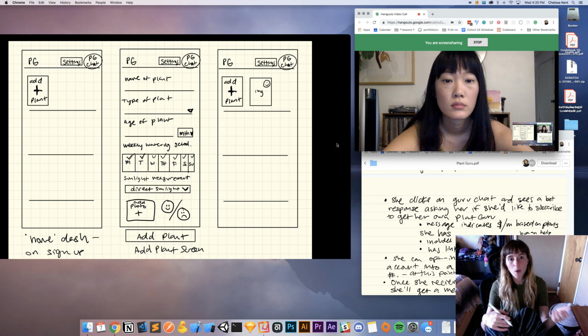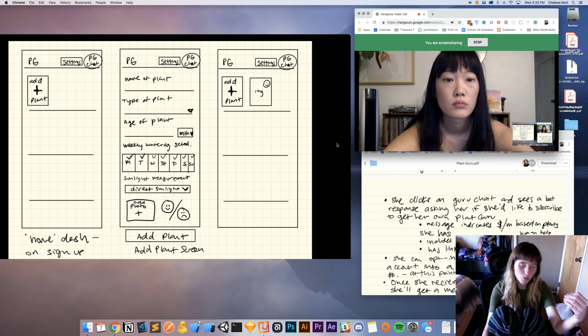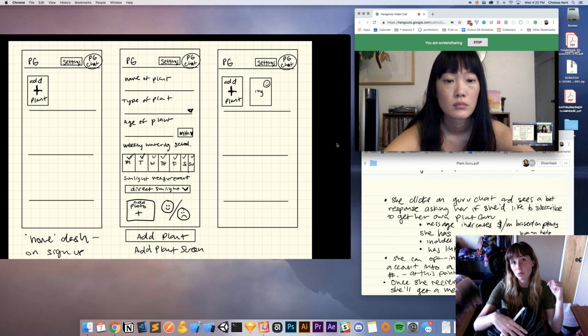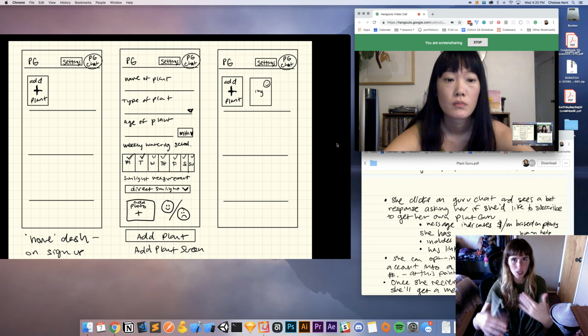When the guru actually comes, the guru's first step would be to look through all of your plants and see, okay, these ones are the sad plants, and come up with plans to make them better. And then, the second you're assigned a guru, the bot would also let you know, hey, you've been assigned a guru, they're looking over all of your plants. Do you have any additional notes you want to put here? So it feels more like a personal chat thing that's happening. You could write any additional little details based on your plant. And then